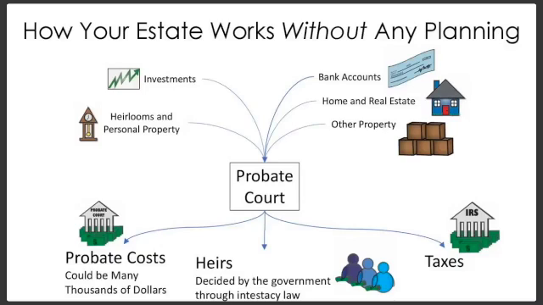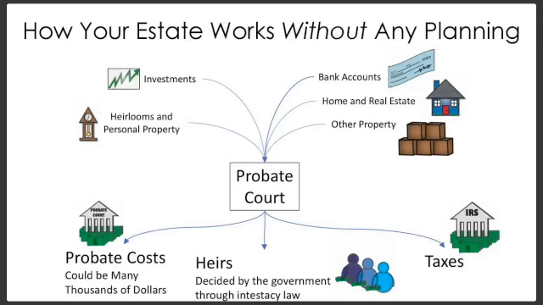So the probate court's going to have to appoint a guardian. They're going to have to appoint a conservator, which is the person who takes care of the money for minor children, or maybe a disabled adult who does not have capacity to take care of it for themselves. So there's a whole host of things that can go on, can really raise costs, and can cause all kinds of complexities. It also can cause a lot of hardship, or a lot of issues within the family over who ought to get what. There's really no guiding principle there, at least based on what you want.